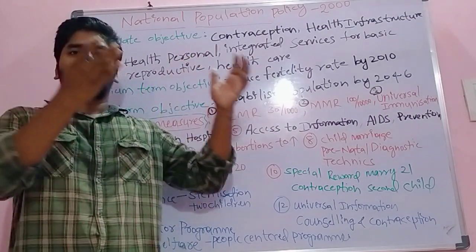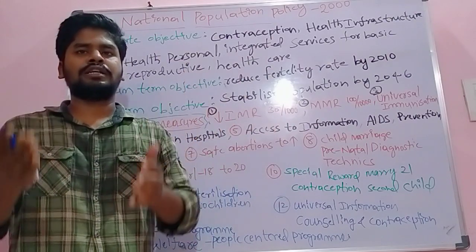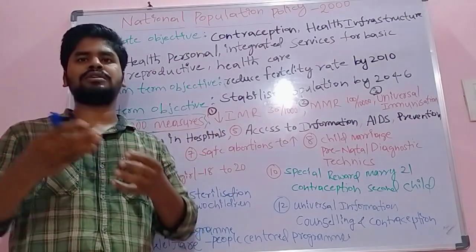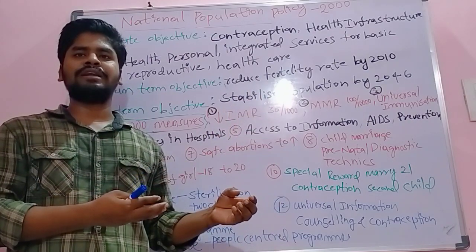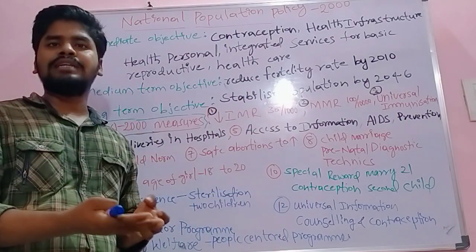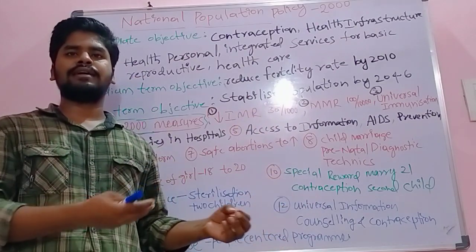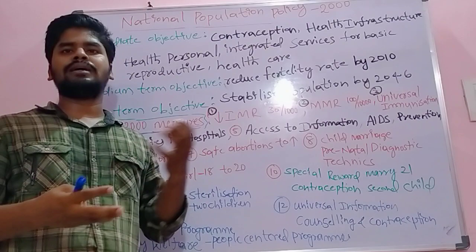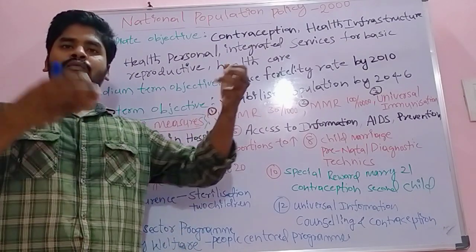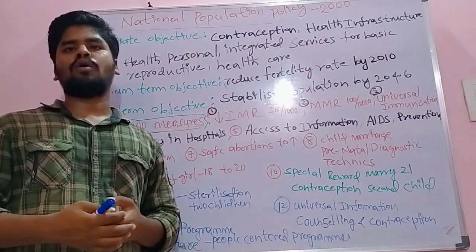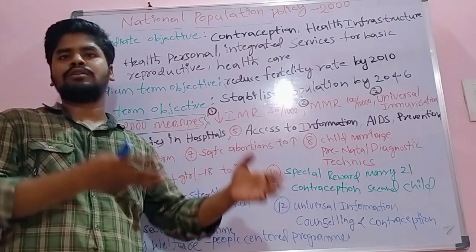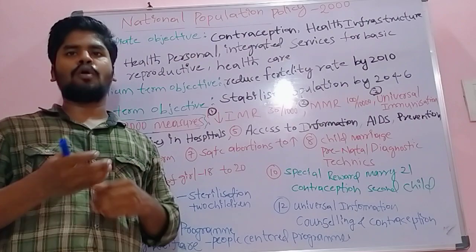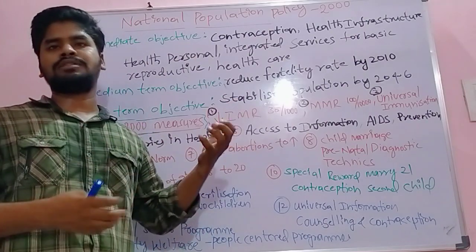So that is the demographic transition theory, population explosion, and the future of the Indian population, the size of the Indian population. At the same time, the infant mortality rate, maternal mortality rate, the birth rate, the death rate. That's what we learned in the previous class. And the causes of rapid growth of population, the economic factors, social factors, and the remedial measures to control the population were learned in the previous class.